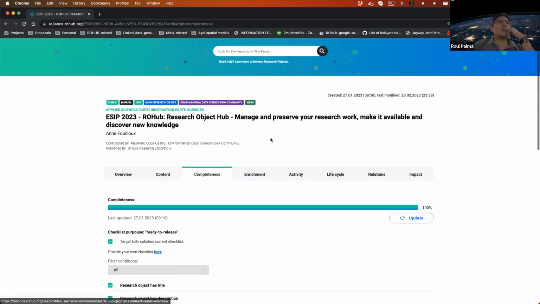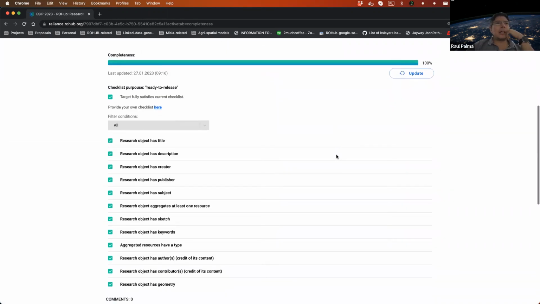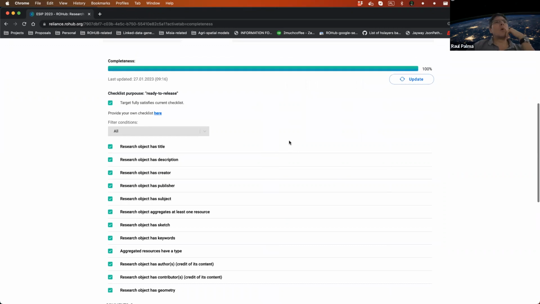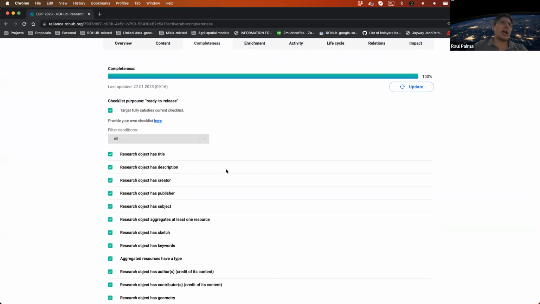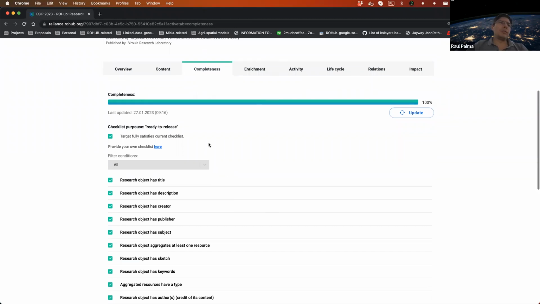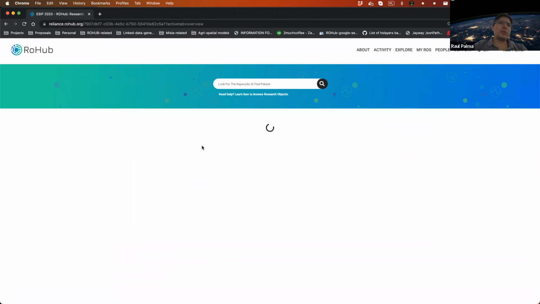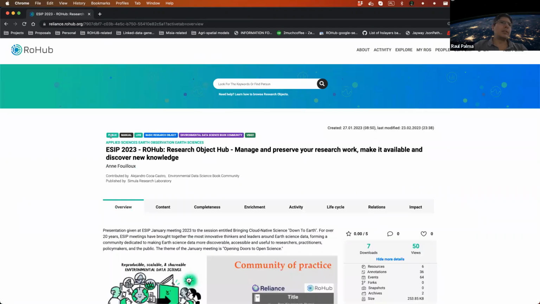So then you go to completeness. Basically, it's having, like I mentioned, a set of requirements. These requirements have been made based on the type of the research object. So if you go back to the overview, which I didn't show you, and which is actually important, there are these tags on